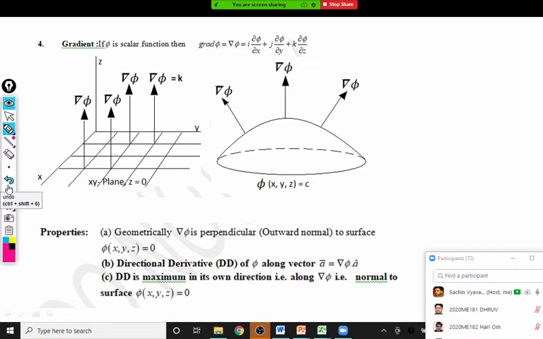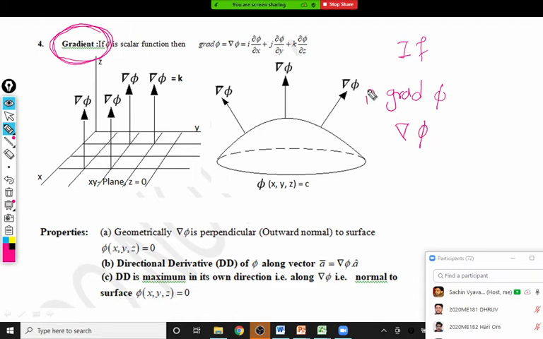Okay, I will sum it up now. The three things you should remember for the identification of a problem on gradient. The question will be on gradient if it is asked to find a gradient. Straightforward: first find the gradient of phi. Sometimes the question will be find del phi. So this is the first thing: where it is written find grad phi or del phi, it is on gradient.